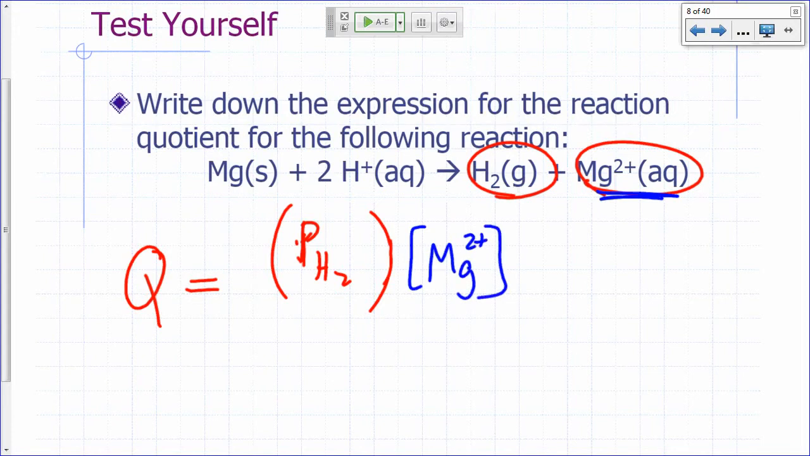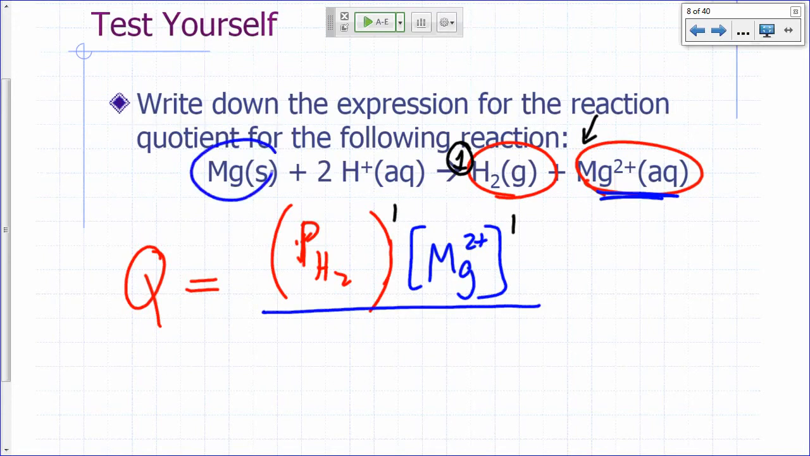So that's my numerator. To what exponent should I raise my H2? What's the coefficient of H2 here? It's 1, so raise to the power 1. If you raise something to the power 1, you don't have to write the 1, right? And to what power should I raise my magnesium? Also to the power 1, so I don't have to worry about putting that. So divided by,